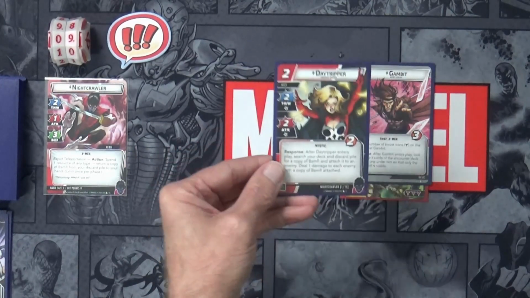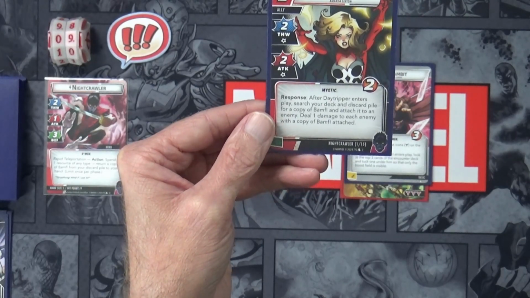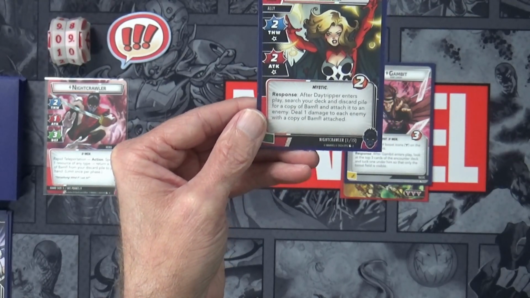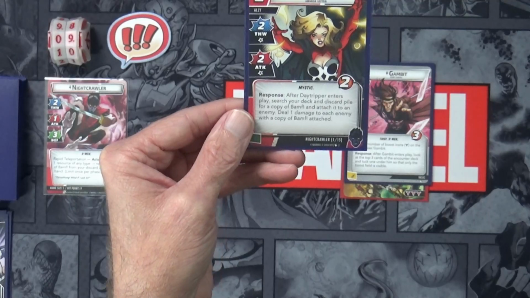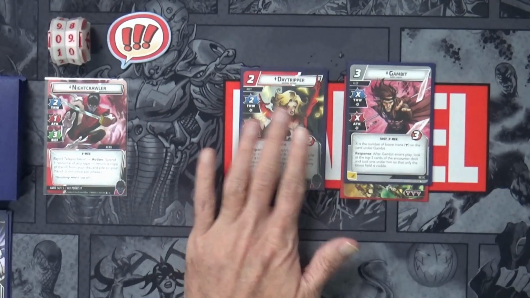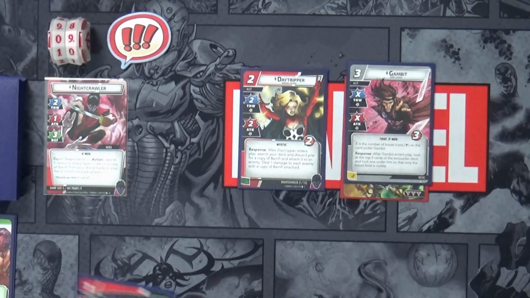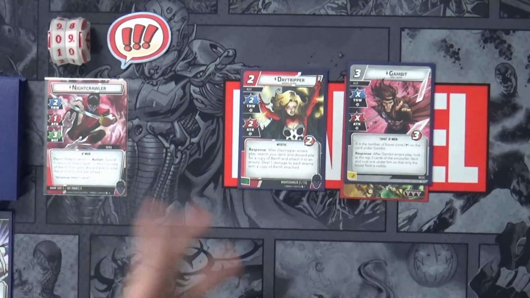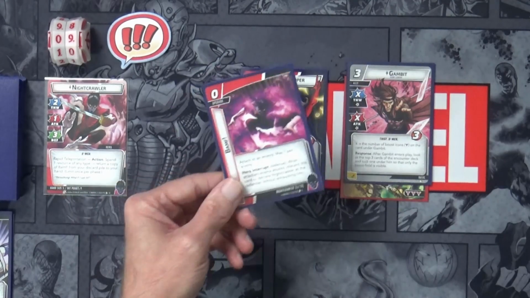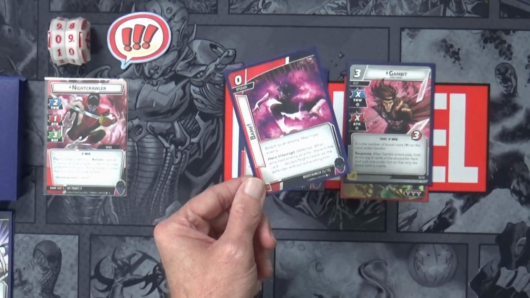Day Tripper has a response just like Gambit. It says, after Day Tripper enters play, search your deck and discard pile for a copy of BAMF and attach it to an enemy. Deal 1 damage to each enemy with a copy of BAMF attached. I wasn't going to bring Day Tripper out. I was planning on using those BAMFs, put them out, then bring them out, do some extra damage. But so we're just going to go to the discard pile. I'm not going to take one out of my deck. And we're going to put BAMF